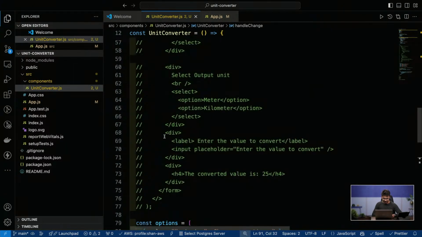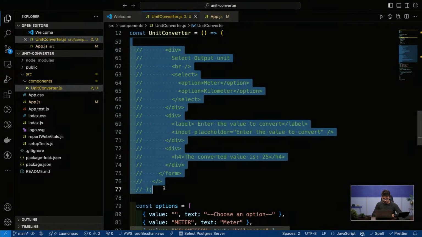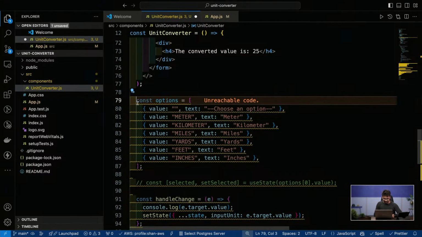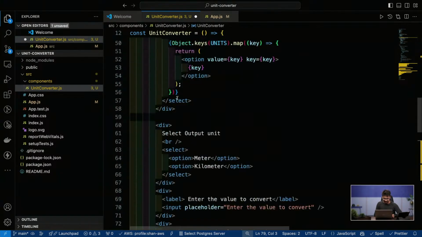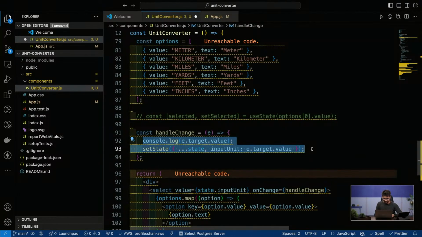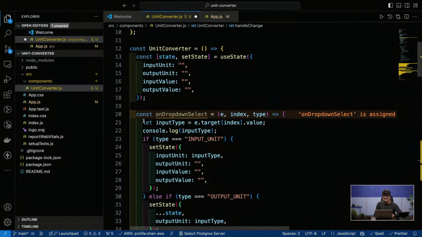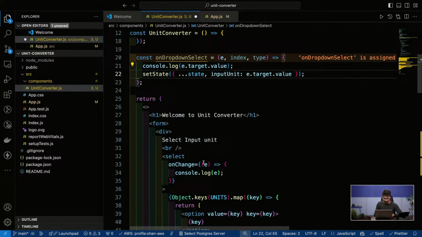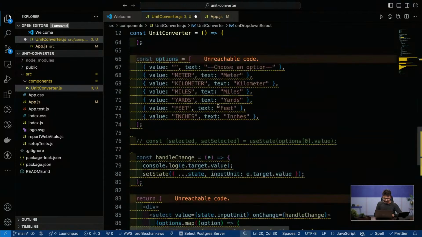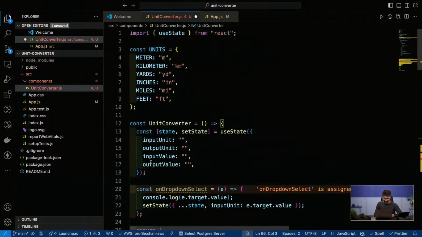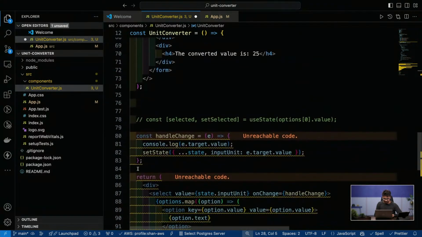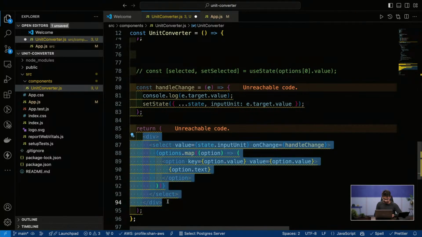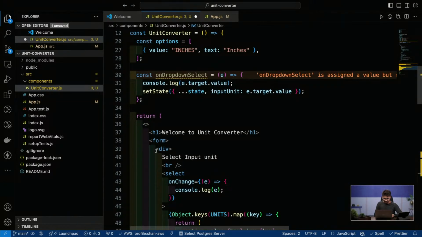Okay, so what I will do is I will bring back this UI, and I'll take everything just above it. The handle change is what they have made. So instead of using handle change, I'll just copy it and bring it over here. I just need the E, so that is what I want. And then I'll take this options and bring it at the top of my file. And lastly, I will make use of this div, bring it at this place,